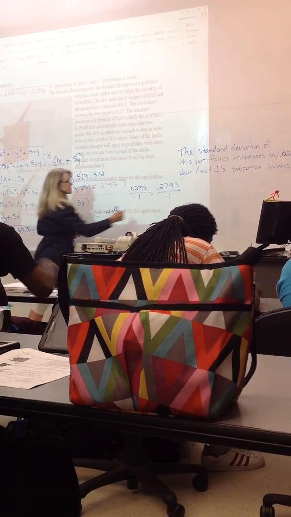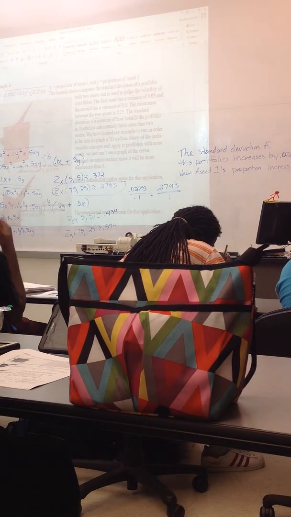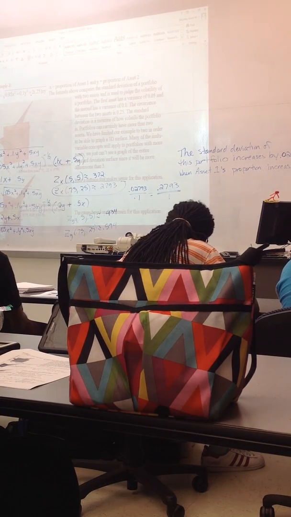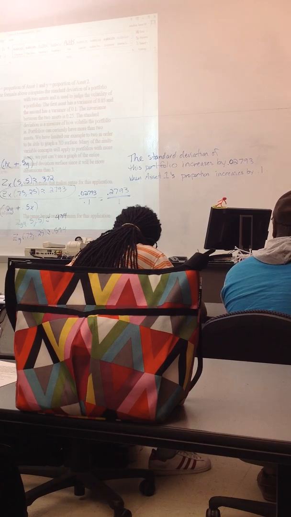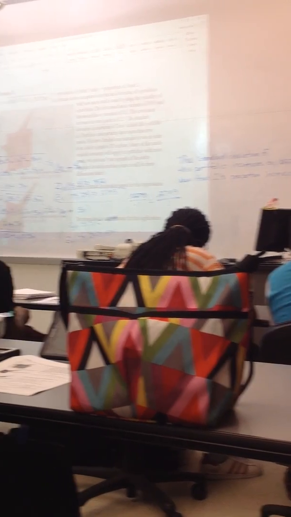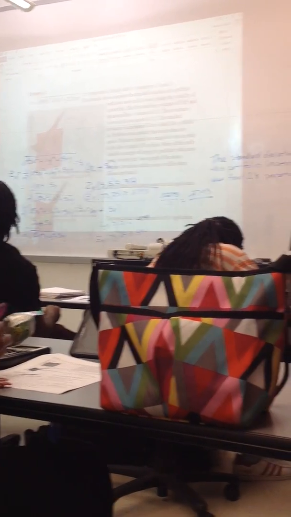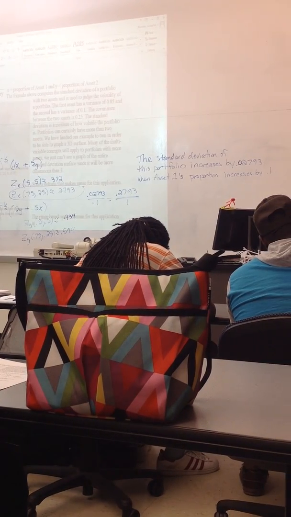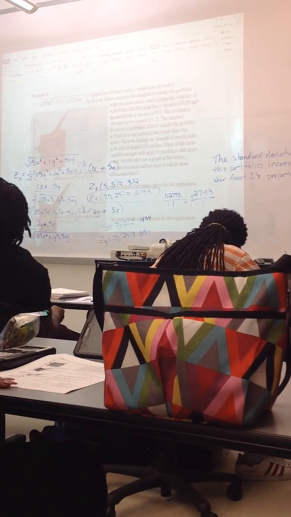If I divide the denominator by 10 and I divide the numerator by 10, it still keeps the ratio the same. And so I could say the standard deviation increases by 0.03 almost, so 0.02793, when asset one's proportion increases by 0.1. It makes more sense than saying it increases by 1, because the two x and y added together can't add up